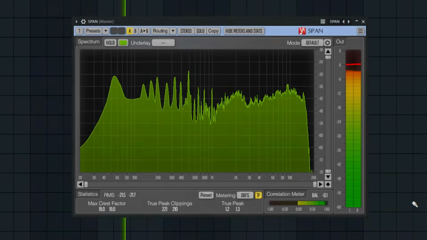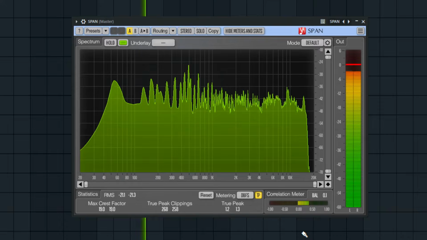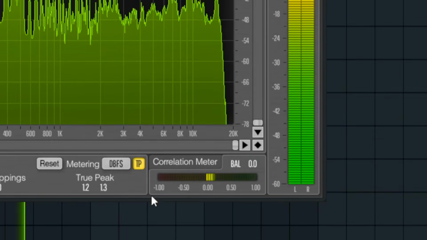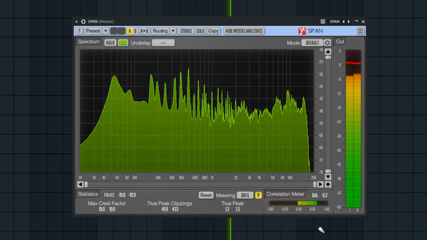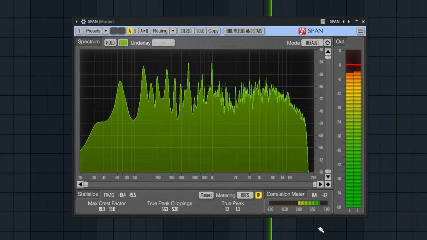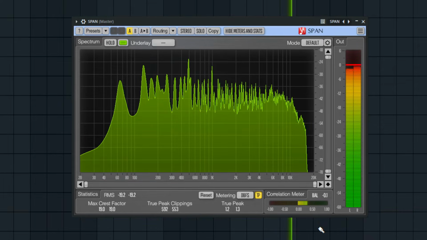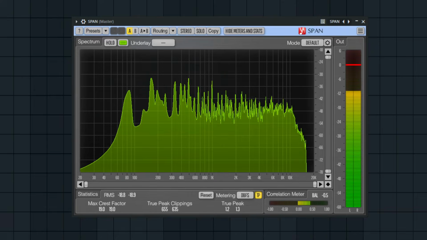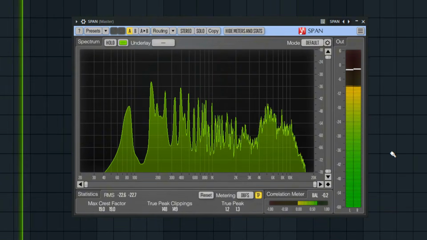Speaking of wrong, let me prevent you from making the same mistake I did for too long. I used to analyze the correlation of my mixes by looking at this meter built into Span right here. The matter with this little guy is that it displays the overall correlation of your mix, not specific frequency areas, and since sub-frequencies have more energy than the higher ones, and also most samples and bass presets are mono friendly, this meter will almost always show a correlation level above 0.